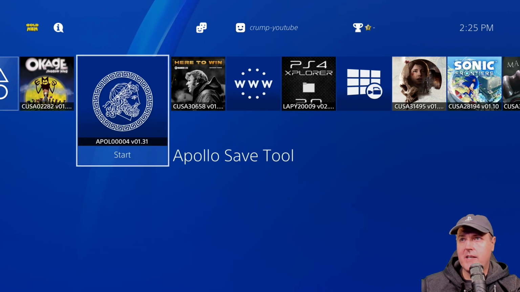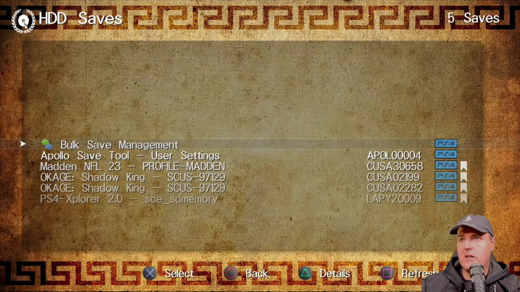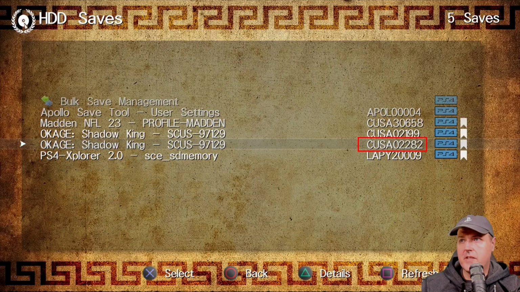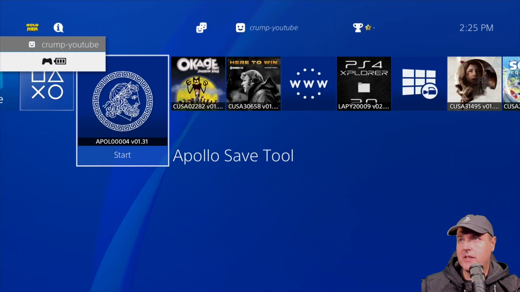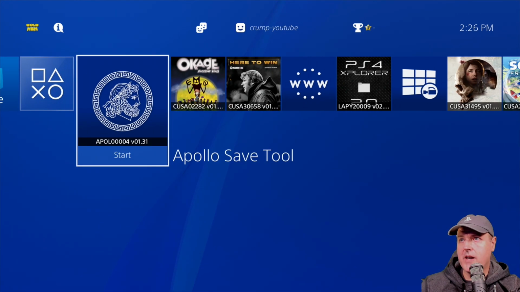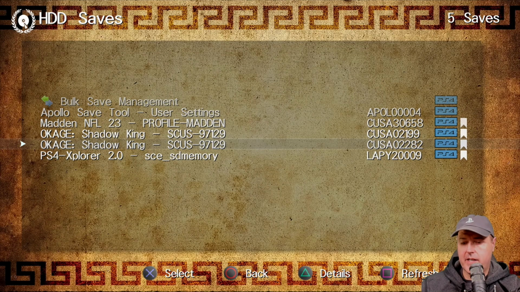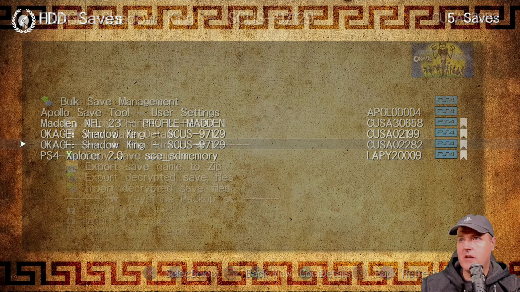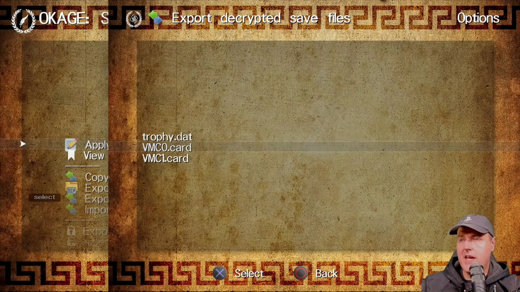So if we go into Apollo Save Tool here, and go directly to our hard disk drive, then this save game right here, which says CUSA 02282, again, we can double check that right here. As we can see, the title ID is showing that. This is the one that we will need to edit, so we'll just press X here. And again, we'll go down to Export Decrypted Save Files, and we'll select that